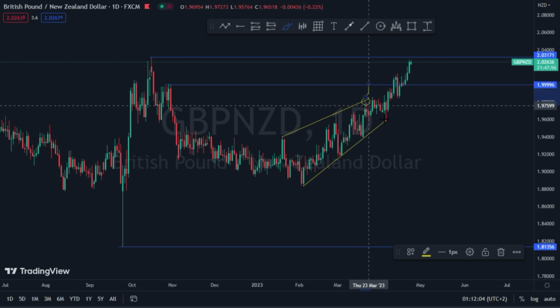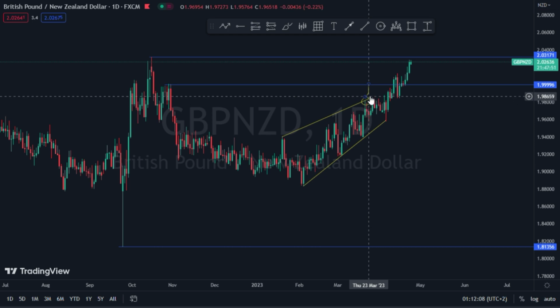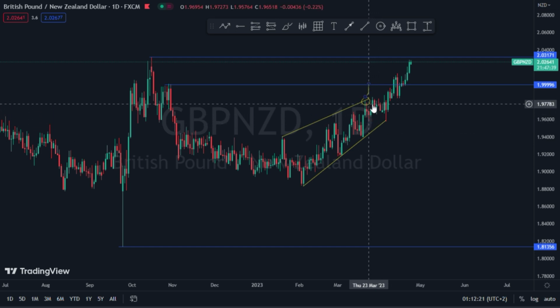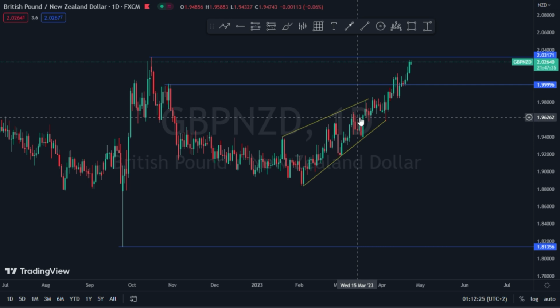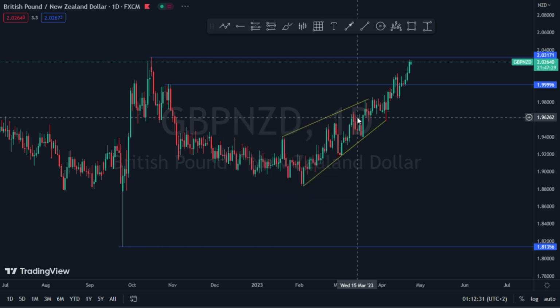That area of value is way too high, but I did enter the market on these areas of value right here, this third touch being the high probability entry to move down with the market. I'm just going to show you quickly why I entered the market on those areas. I entered the market using the 4 hours time frame,